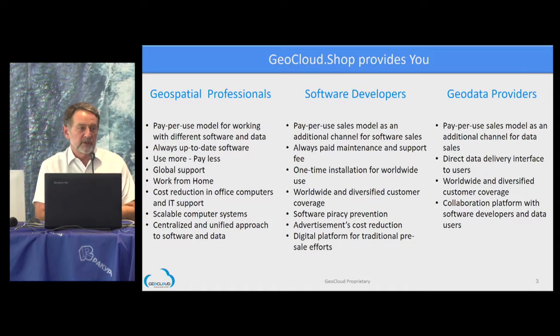There are three kinds of users. Users of software, they want to enter the system and they want to gain access to all the software available in the world. If I want PhotoMod today, I use PhotoMod. If I need Atlas from America, I use it. If I need something else, I use it. There are 170 software programs in the geoinformation field, and we hope that all of them will be located within this platform. That's one kind of user.